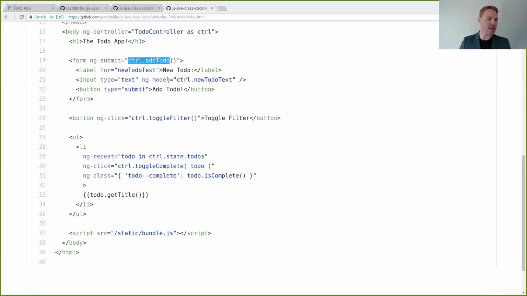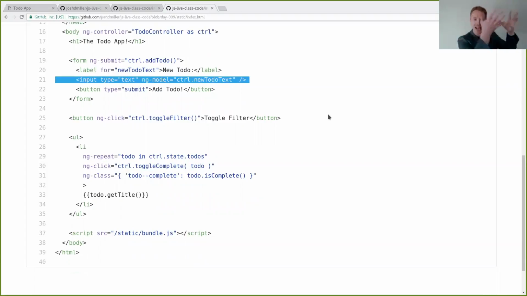And then we have other things like, okay, well we have this input element here. And when we do this add to-do, when we create a new to-do, the first thing we did, both on the React side and on the plain old JavaScript side, and here in Angular and in Vue, we have to say, well, what is the value in that input element? Because we want to get the value that whoever typed in there, we want to get that typed in value and use that to create a new to-do.